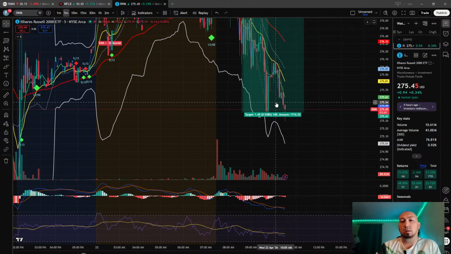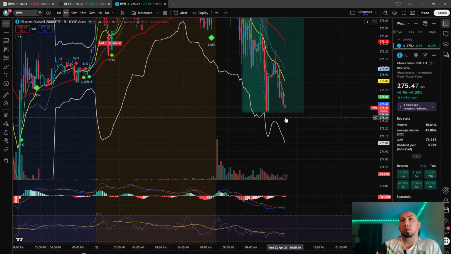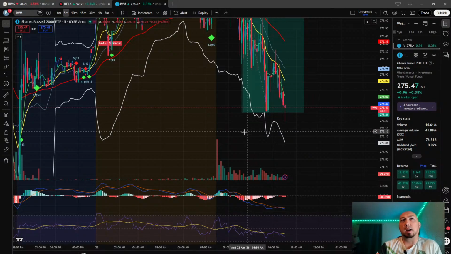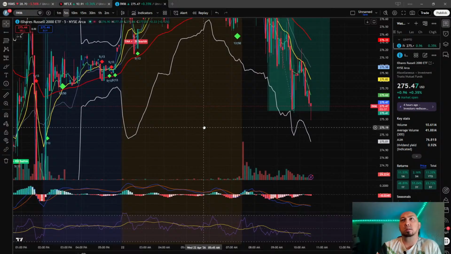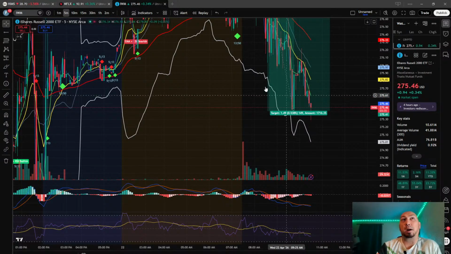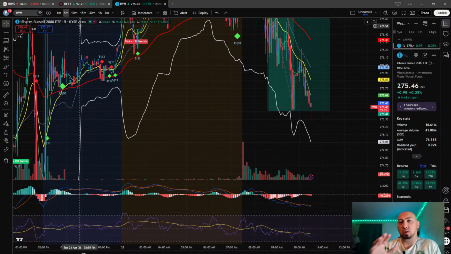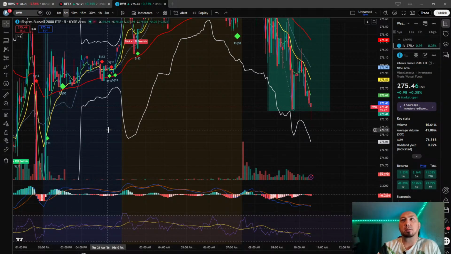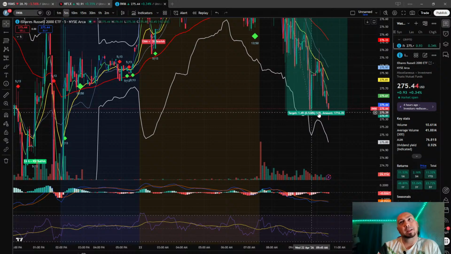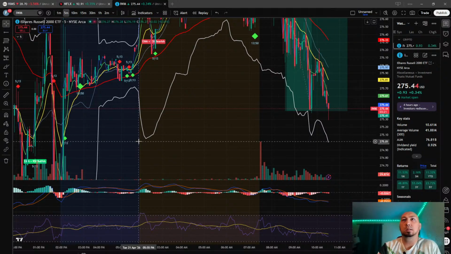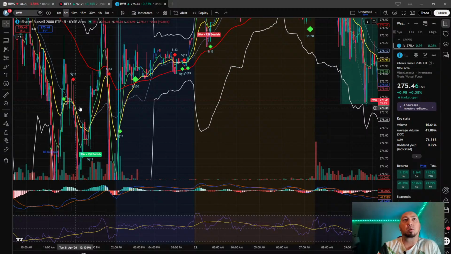So it broke the support but rebounded. So yeah, I'm not super keen on entering a put at this point. Possibly a double bottom. I don't like double bottoms, those chart patterns, in short time frames. I like them more for longer time frames. But potentially a double bottom here for a reversal. But we're on a support level right there.